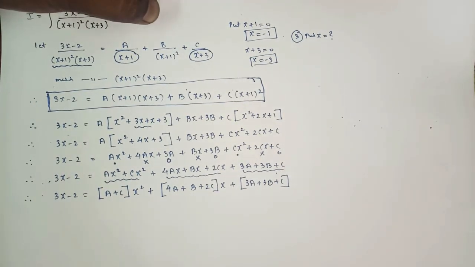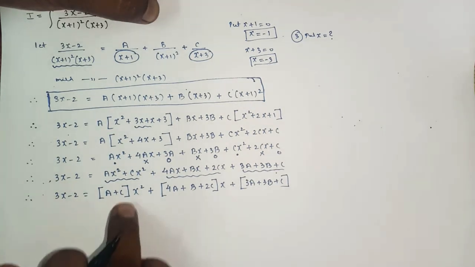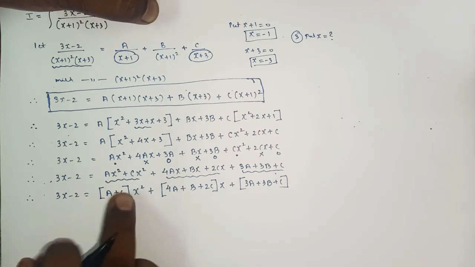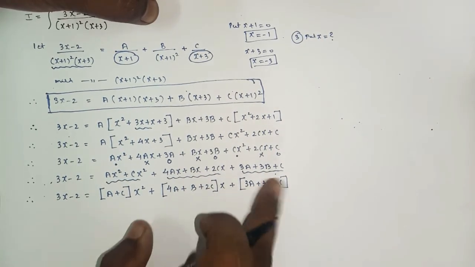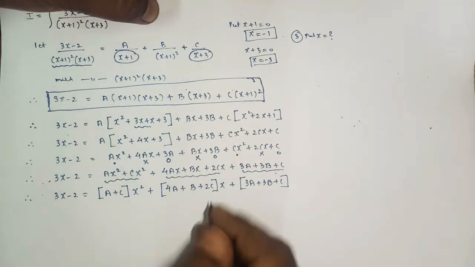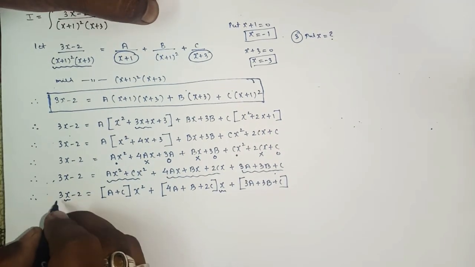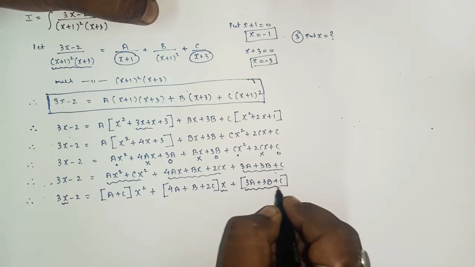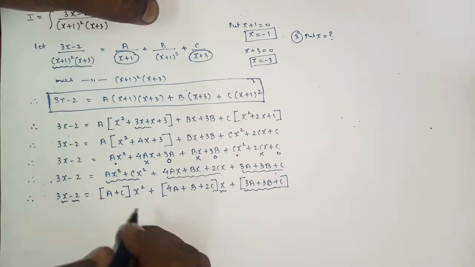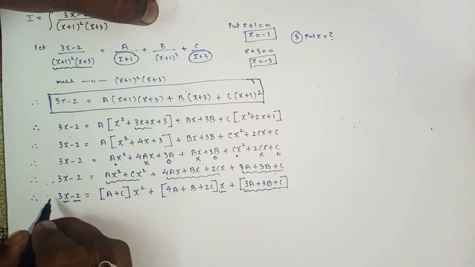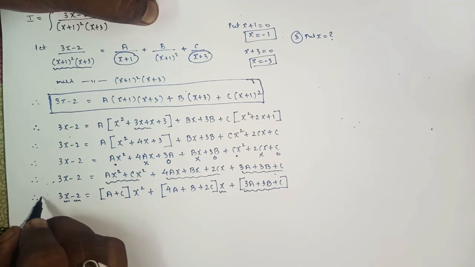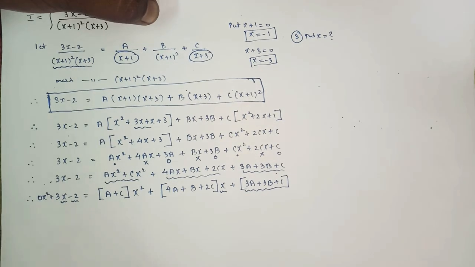Okay, now we'll balance this equation, left hand side and right hand side, where you will get the answer of the coefficient of x square, x, and without x. Clearly we can see that for x here we have 3, the coefficient you will compare, and for without x here we have the coefficient minus 2. What about the x square? Clearly we can see that in the left hand side the x square term is absent. If the x square term is absent, we can consider the missing term as 0x square, yes or no.